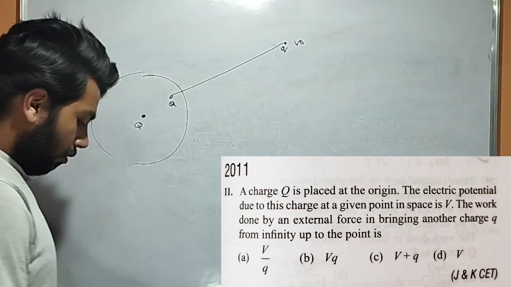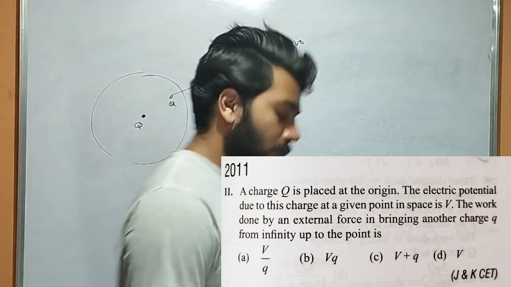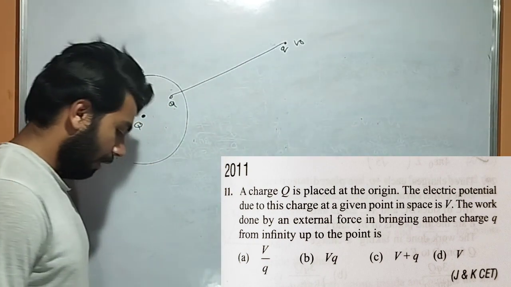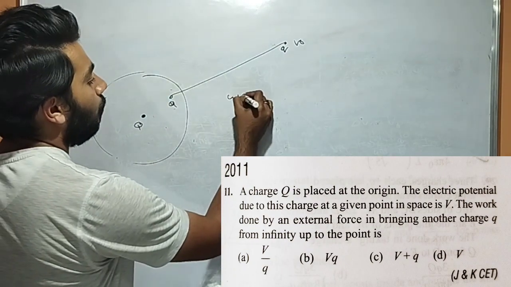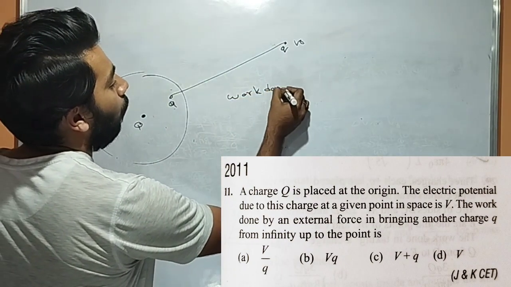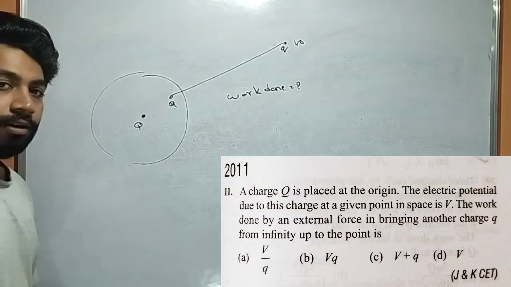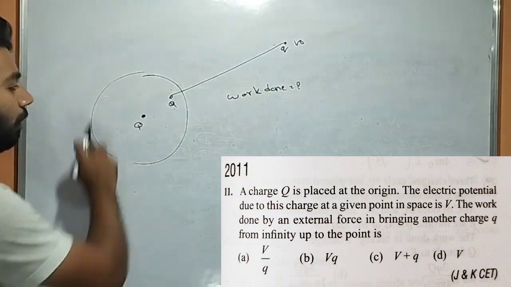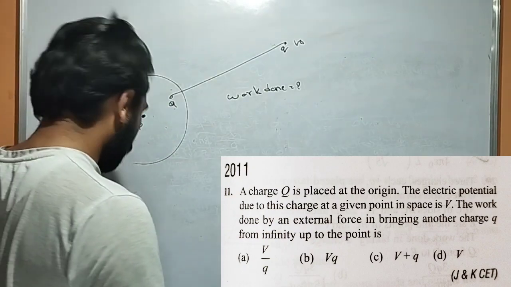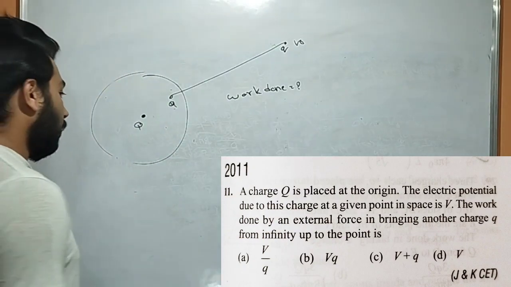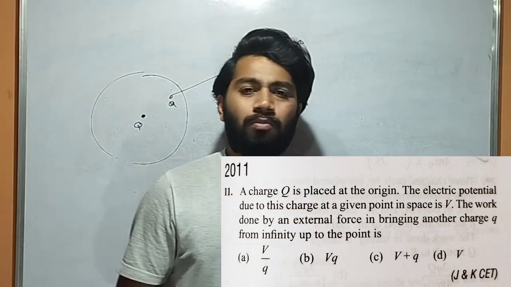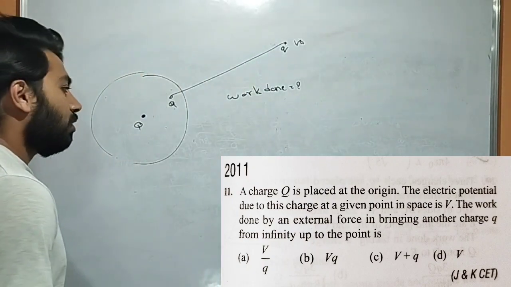Now what do they ask us to calculate? They ask us to calculate the work done of taking a charge from infinity to a point in this electric field. How can you calculate it? Very simply, you know this is a basic formula. Work done is equal to